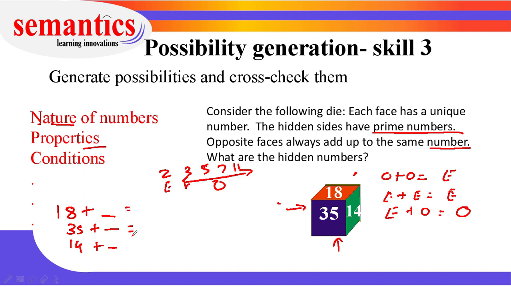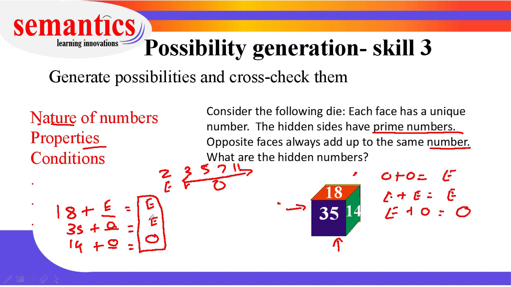Now we know that the sums of all these numbers have to be the same, and the property of this number should be always odd or always even. If you look at this, I can either put an even number here or an odd number because I have to put a prime number, right? So I can put even here, odd, odd. Even plus even, even. Odd plus odd, even. Even plus odd, odd.